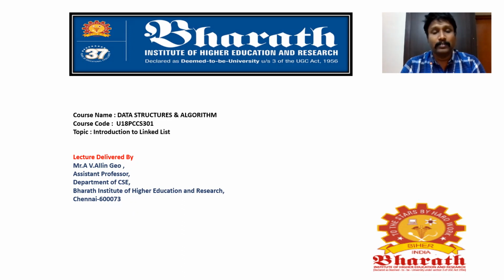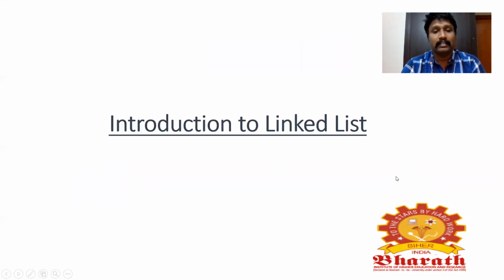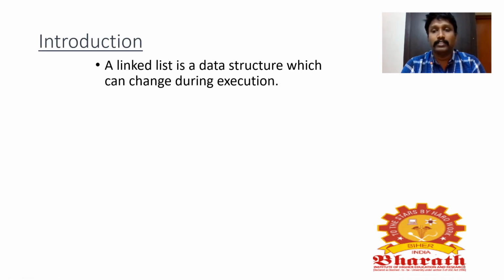So now we'll be starting with the introduction to linked list. A linked list is a linear data structure, which has a very important thing called a node. Each node will have two important parts in it, a part for storing data as well as a pointer. A pointer stores the address of the next element, the successor element, so that the link can be made from the starting node to the next node, and it goes up to the last node. That is the whole use of the pointer.